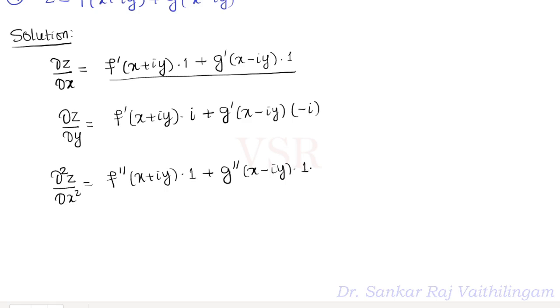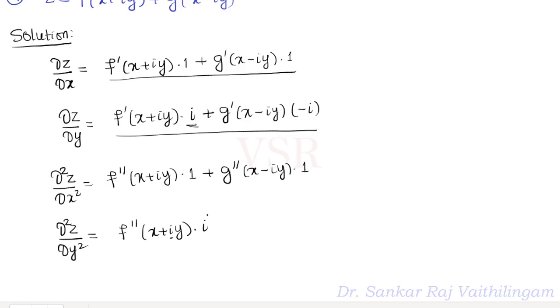into 1. ஓகே, இப்போ இந்த function ஐ Y பொறுத்து differentiate பண்ண போறேன். அப்போ ∂²Z/∂Y², Y பொறுத்து differentiate பண்ணும்போது முதல்ல f double dash of x plus iy into ஆல்ரெடி ஒரு i இருக்கு, இங்க ஒரு i வரணும், so we'll have I square, plus ஆல்ரெடி இங்க ஒரு மைனஸ் இருந்தா மைனஸ் போடுங்க, g double dash of x minus iy into minus i, minus i. So this is f double dash of I square, I can write this is equal to minus 1. அப்போ we'll have this is minus f double dash of x plus iy, இங்க ஒரு மைனஸ் இருக்கு, இங்க வந்து minus I